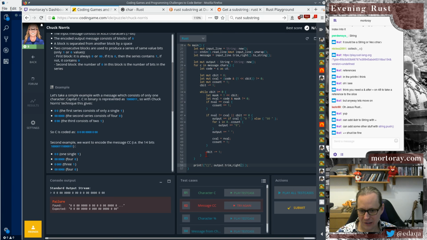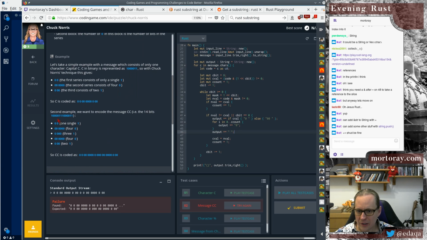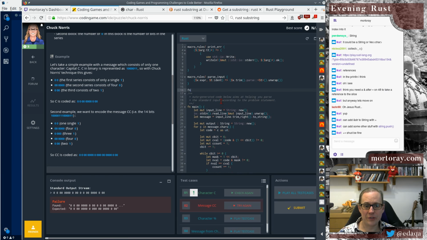Now we got something wrong, because there has to be a space between the words. But wait. Oh no. When we have two characters, it encodes it as one single long string. So now I understand. That's the reason why it doesn't work. So we're going to make a function. This is the first one I've actually done in Rust. We're going to make a function,